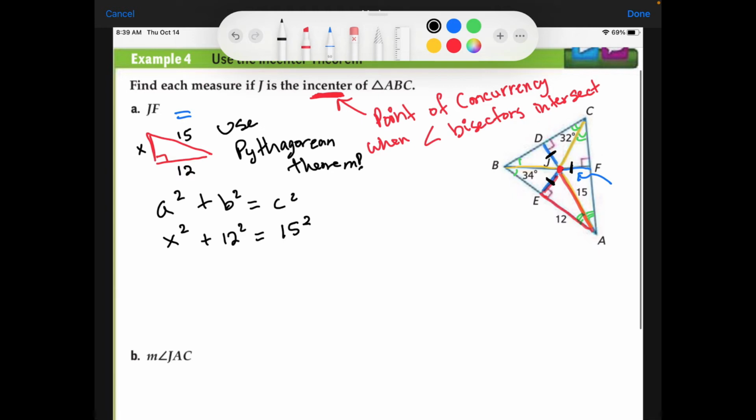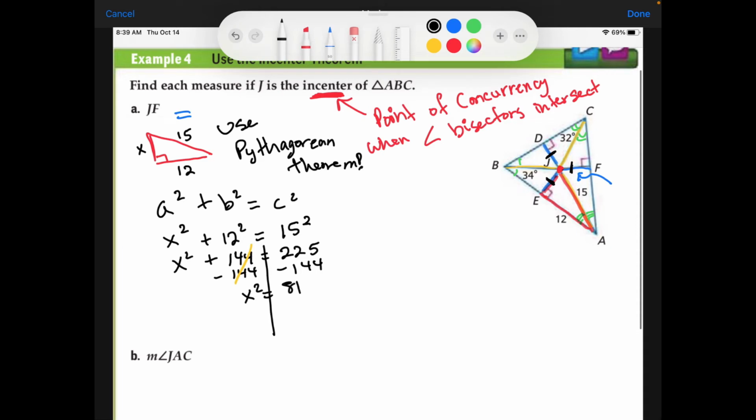Like so. And you can put this into a solving for x calculator, or you can solve it by hand. I'm going to go ahead and solve this by hand. This is 144. 15 times 15 is 225. I want to get my x by itself, so I'm going to subtract 144 from both sides. And that reduces to 0, which leaves me with x squared equals